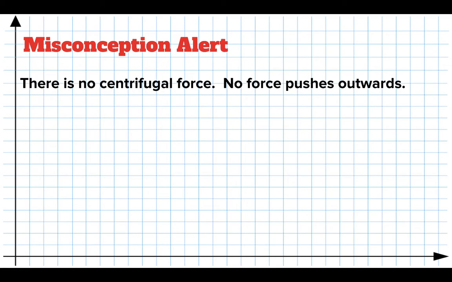Your body is trying to keep going 60 miles an hour, and the car is trying to stop. In fact, you need the force of a seatbelt to make you stop also. Otherwise, you would just keep going and skid on the ground and be ejected from the window if there was no force on you. So it feels like somebody's pushing you forward when somebody hits the brakes, but that's not